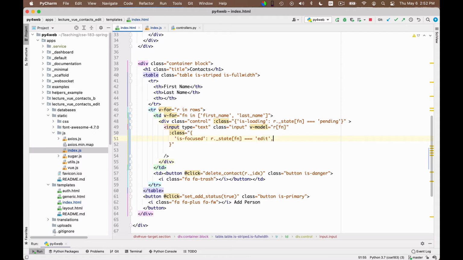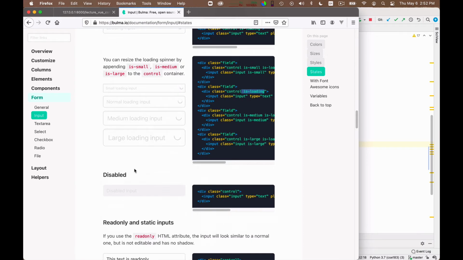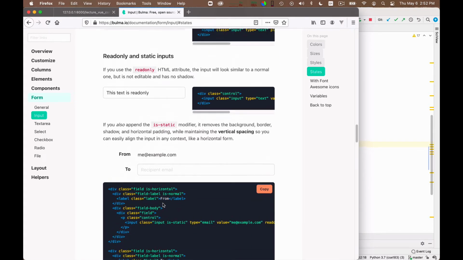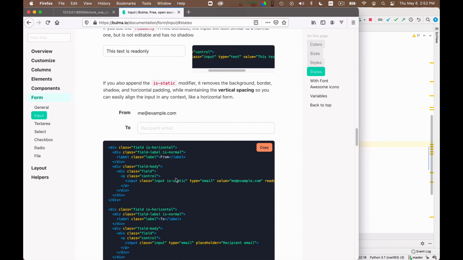Okay, and then I also want to do another thing, and that is I want to use, again referring to Bulma, is-static as a class. Where is the example? Here.